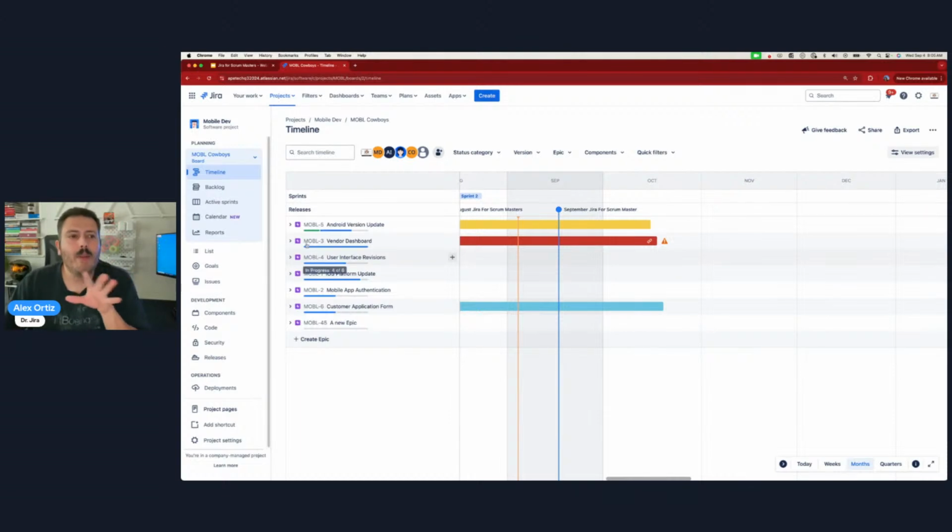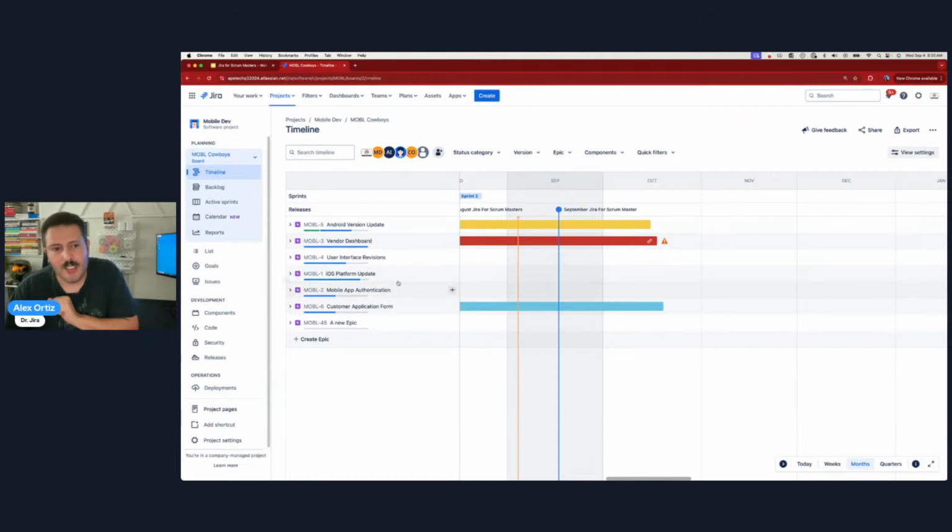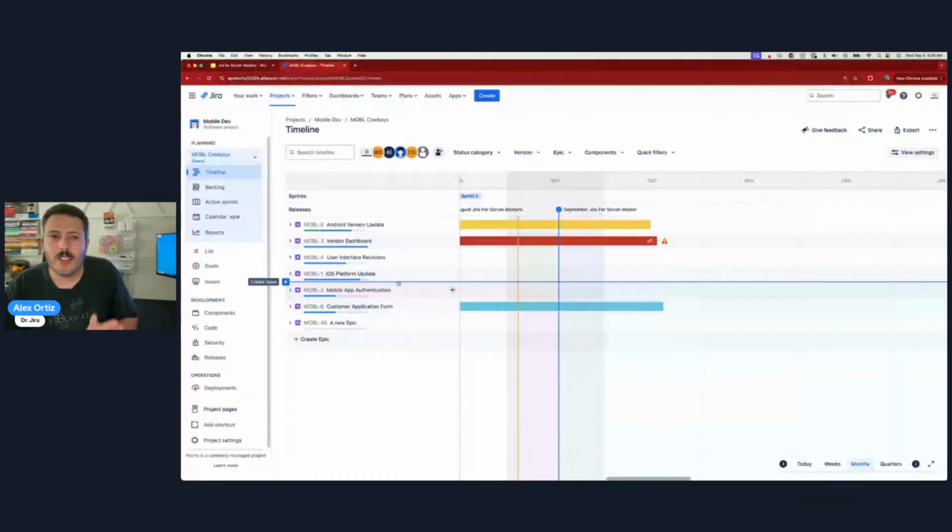And so this roadmap here is called the timeline. It used to be called the roadmaps. Atlassian has so many different names for all the same things, right? But this timeline, your roadmap, is very, very important, okay? Because as a Scrum Master, you can come in here, and there's a couple of tips that I want you to take away, right? Maybe you're not the person doing these changes, but I want you to have that fundamental understanding